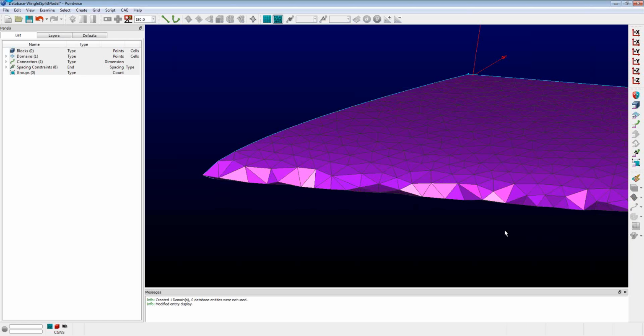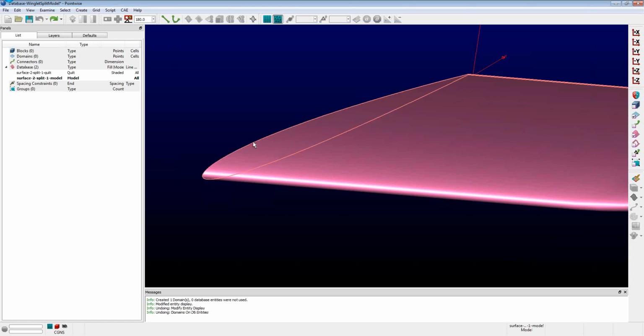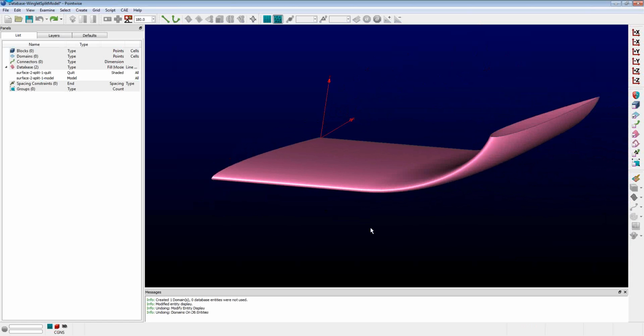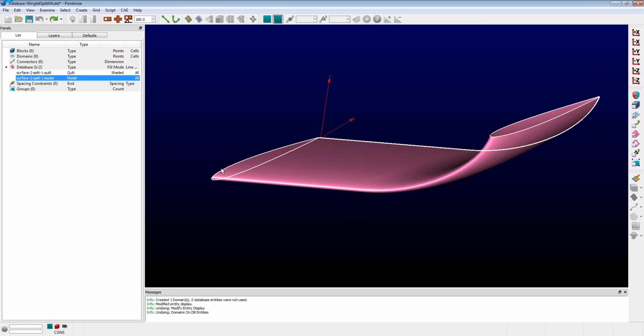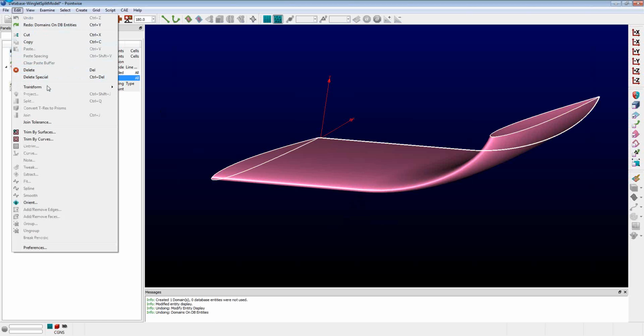Okay, now I mentioned that when you mesh a model, each quilt in that model gets its own domain. So in order to get a connector that runs across the leading edge, this model needs to consist of 2 quilts. One quilt representing the upper surface and one quilt representing the lower surface. Okay, so let me just undo that and show the geometry. So really kind of what I need to do here is split this model, okay, into an upper and lower surface. So what I'll do is I'll grab the model and I'll go to Edit, Split, and notice that the